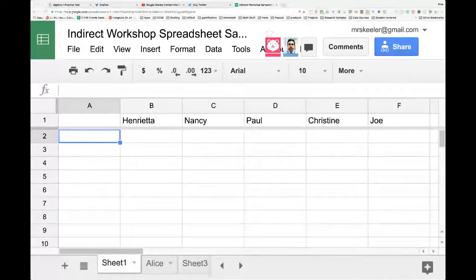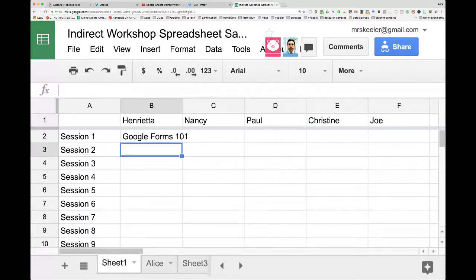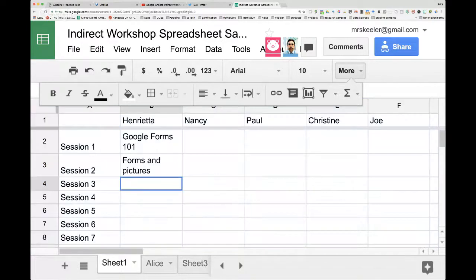Okay. So I've got my roster along the top, and then I'm going to put session 1, session 2, highlight, and drag, right? So we've got whatever my sessions are. Yes, got it, sweet. All right, I'm just going to fill in a fake grid of stuff. So let's say Henrietta's really into Google Forms. So she's got Google Forms 101, Forms and Pictures. I'm going to click on the awesome box and do word wrapping, because otherwise it'll drive me crazy. Session 3,